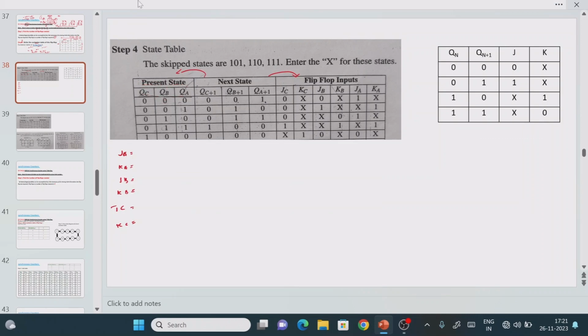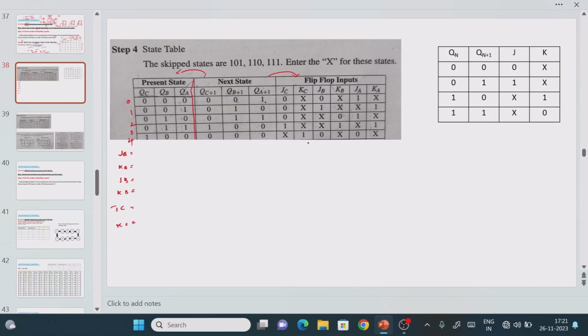Now first we will find the minterms for all these so that we can draw the K-map, then finally we will find the logic expression, right? So first we will try to find the expression for JA, right? Before that, this is the input value. As we know, this is the input value. So what is the decimal value? 0, 1, 2, 3, 4.